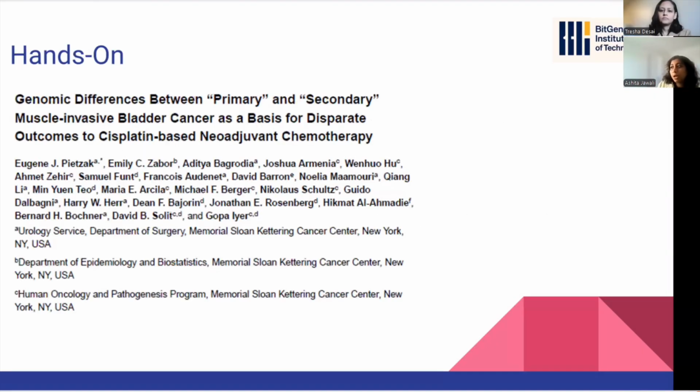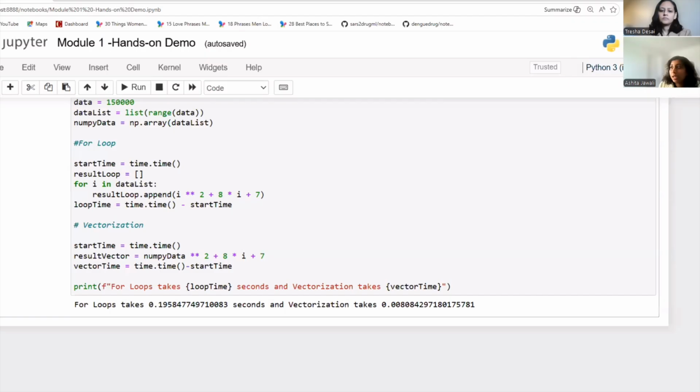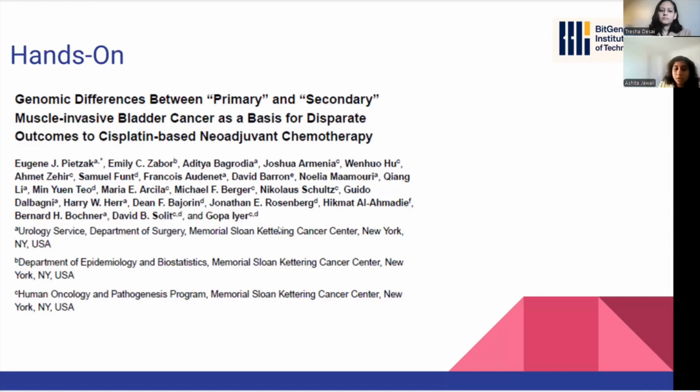Moving forward, as Trisha mentioned, we also have hands-on apart from code along. So the hands-on session will include publicly available data sets, either from TCGA or from a research paper which is already published. We will learn how to clean the data, how to wrangle it, how to import or read and write common formats like CSV, TSV. How do you handle missing values? The data type conversion, if it is a string, how to change it to a list, how to merge and join two tables so that you can move forward with your analysis, and the visualization of plots using Plotly and Matplotlib,